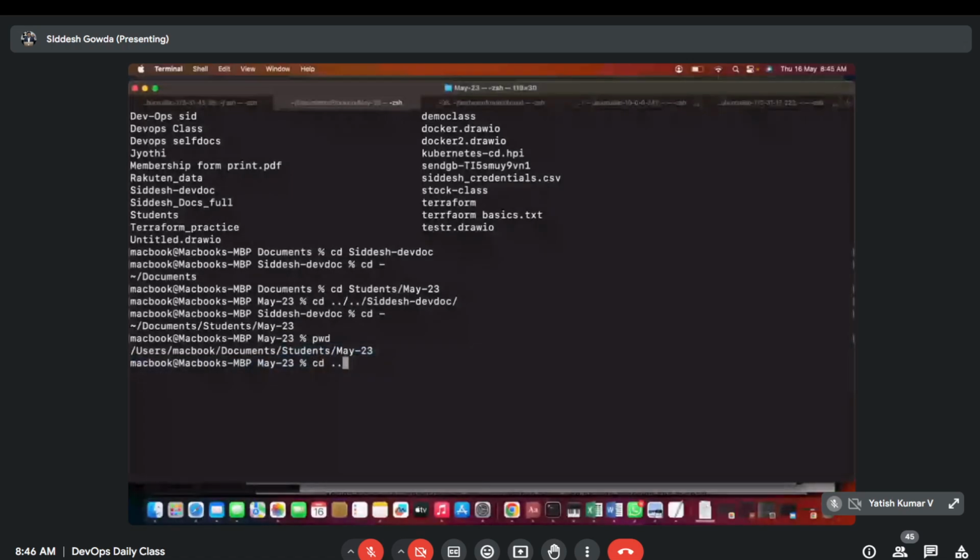I need to go back 2 folders, and then under the same documents folder there are a few folders with this name. I need to go into one of them. These dot dot indicate going back to the previous folder, right? In the same way, I moved back 2 folders, and then there is a folder called Siddesh hyphen